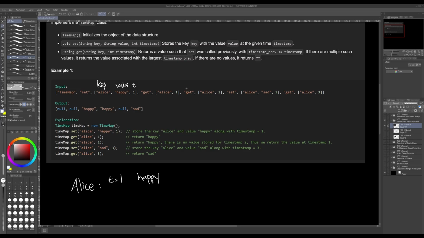And then the next call here is going to be this. We're going to call get, and then the parameters are going to be Alice and 2. So we want the value at key equals Alice, which is the value here. And then we want it at t equals 2. Well, we only have t equals 1, not t equals 2. So what do we do? Now, there is a clause here: returns a value such that set was called previously with timestamp